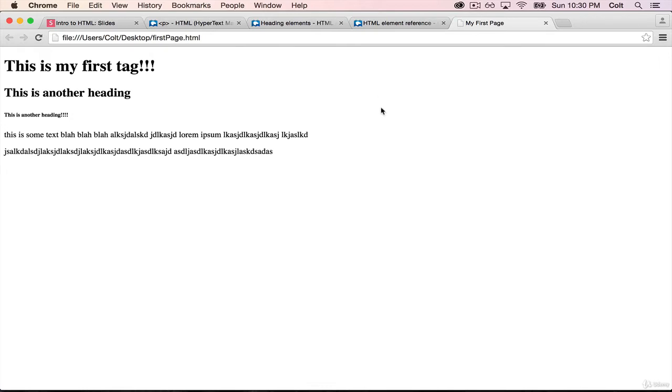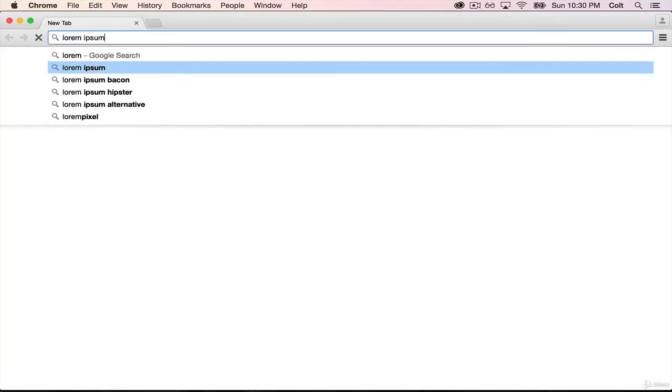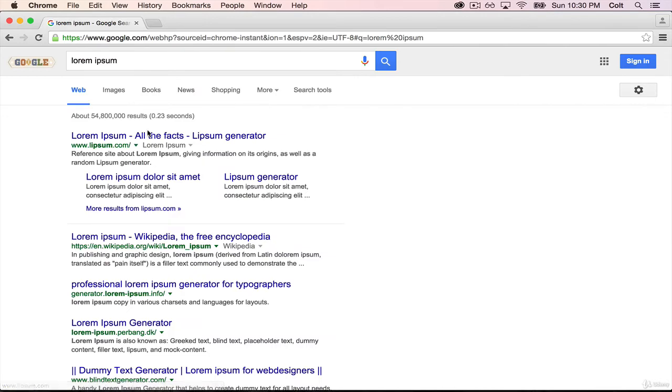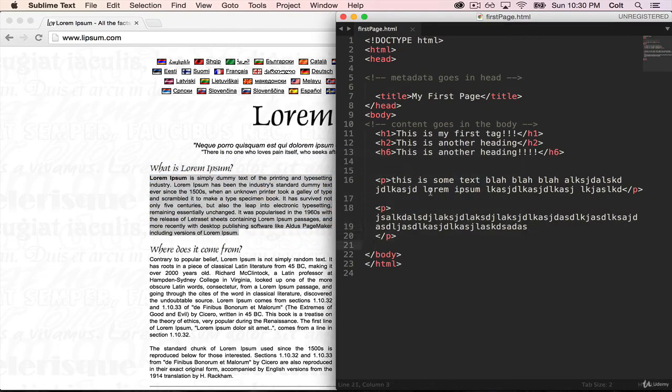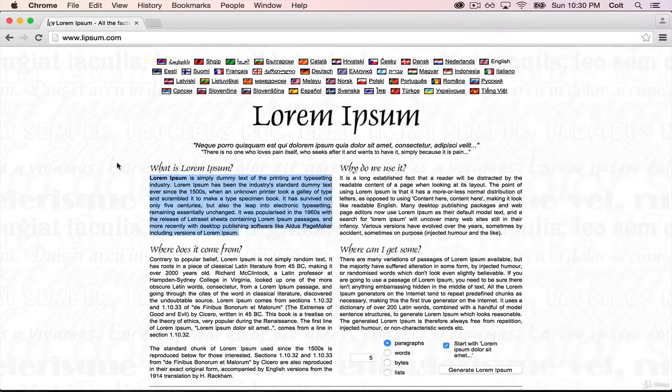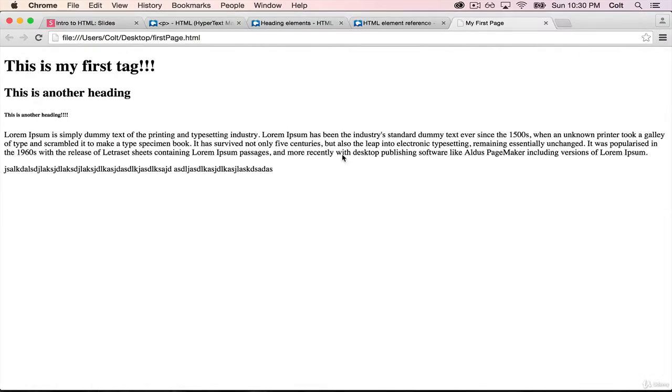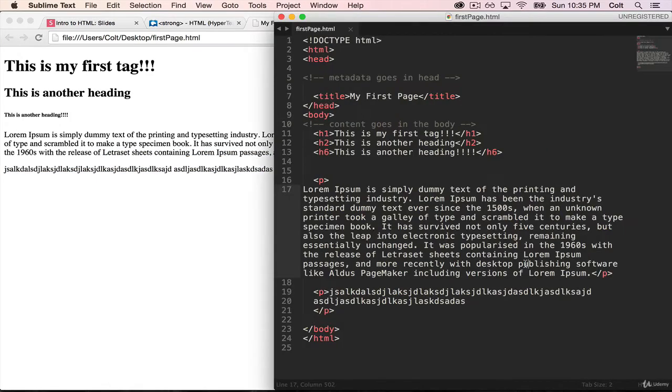So let me go and get some text. Let's just do lorem ipsum. Go to a generator, and let's just pull a bunch of text here and copy this over. So you can see when we have something longer, like that, it's actually a paragraph. So it's not just one line, but it's a paragraph and it has spacing after it before the next paragraph. So now that I have my paragraph here, let's suppose that I wanted to make some